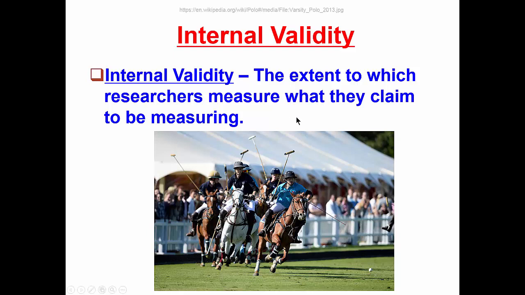An important point to note is that our internal validity is completely independent from our reliability, as we saw in the last slide. So remember that reliability is the consistency of a measure. So we could, for example, have a small sample of folks, some of whom might score consistently very well on our polo questions. Others might perform consistently very poorly on our polo questions. So now we have reliability, but still we have the issue of whether the polo questions are addressing the construct we want to address, which is, in this case, intelligence.